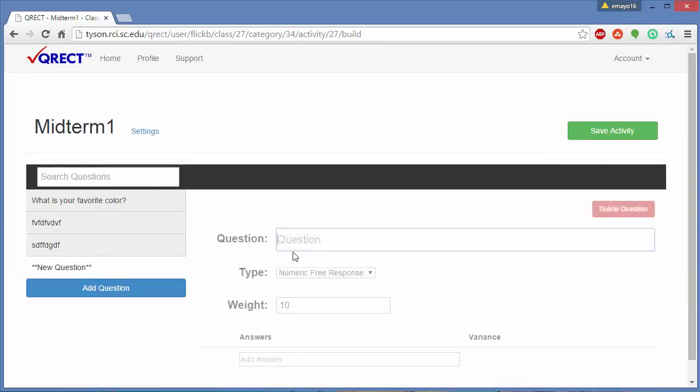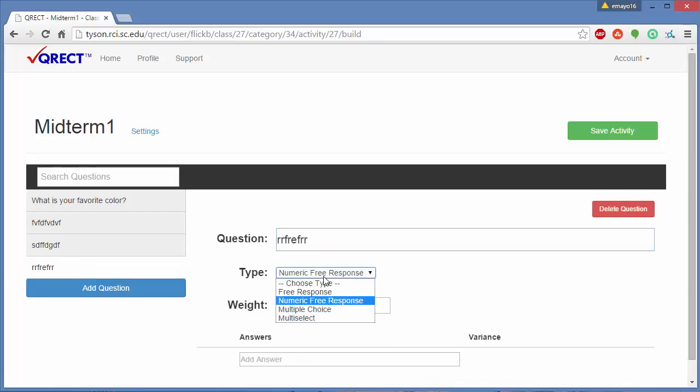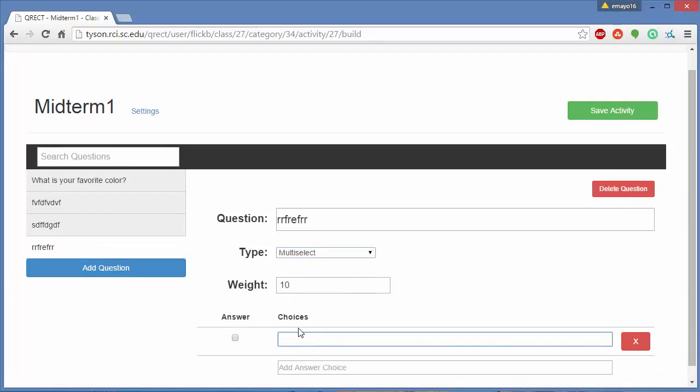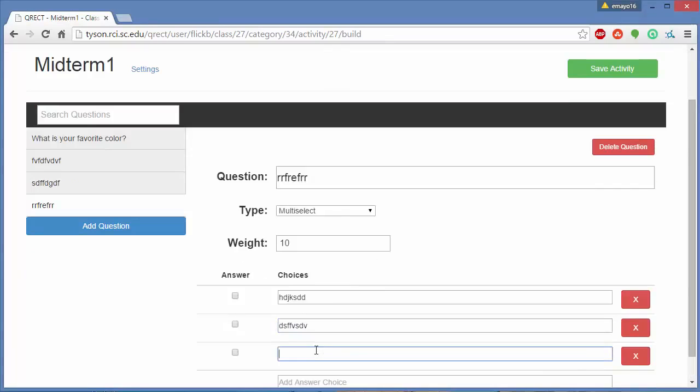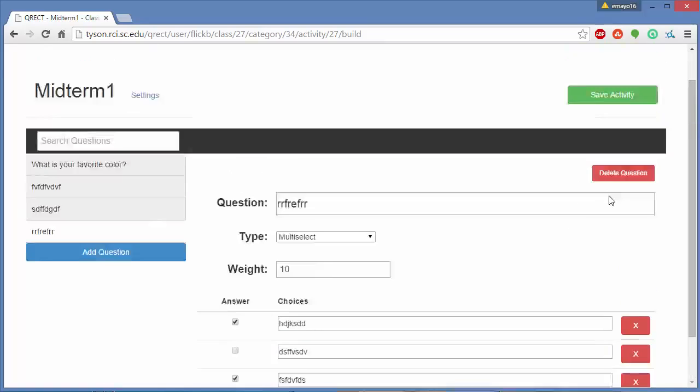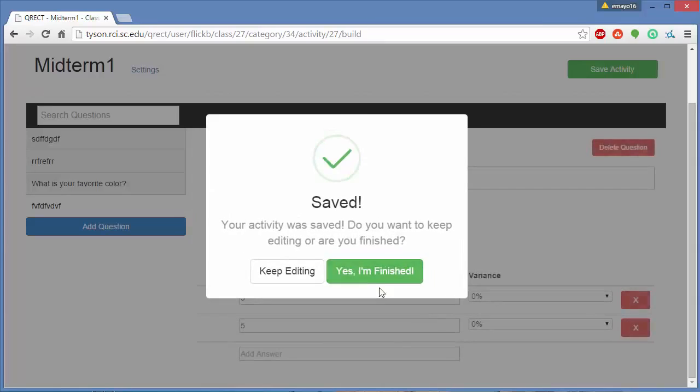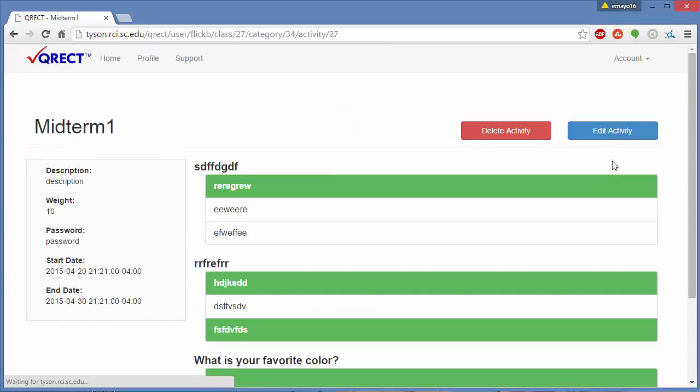So then we'll just do one more, and it'll be a multi-select. If you have more than one answer that needs to be selected, then you can count both of them as being correct. So just count these two as being correct. Great. So we'll save this activity, and we'll go ahead and log into a different account where I'll register